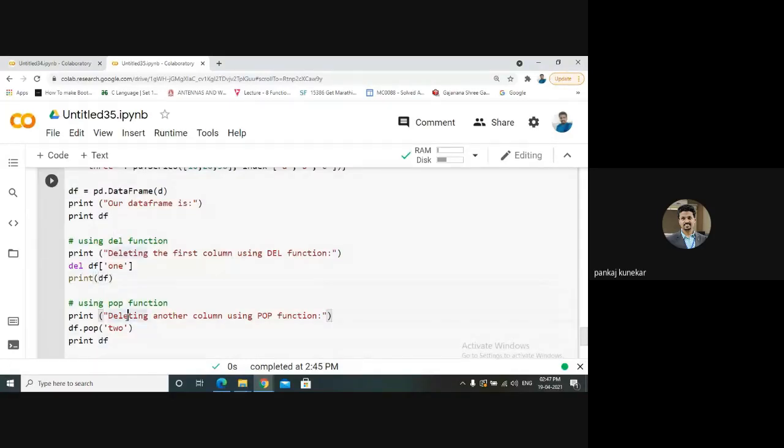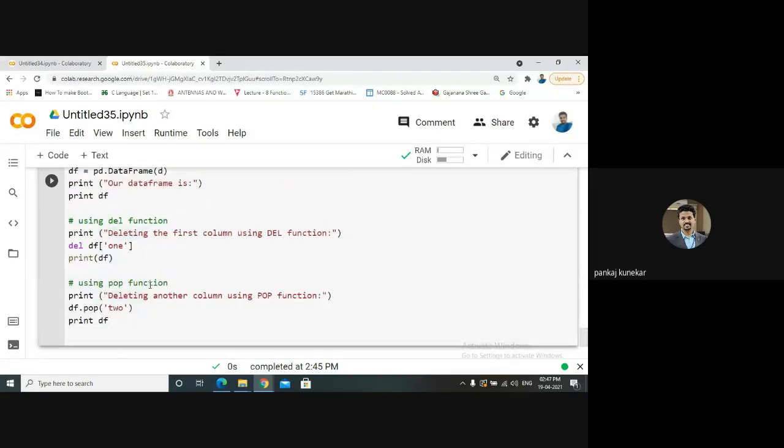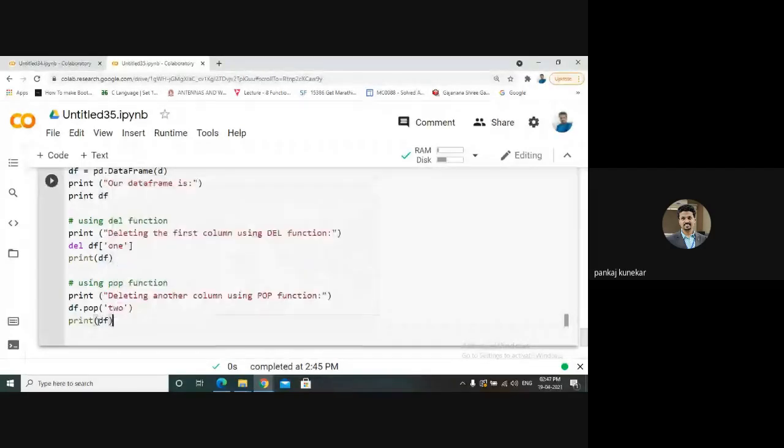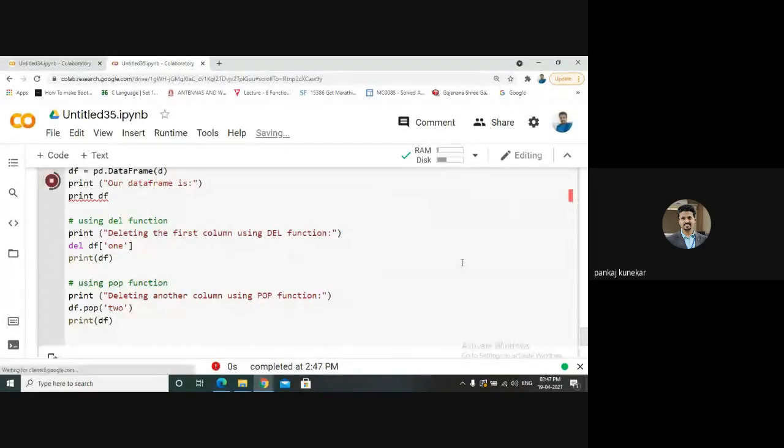We can delete using the pop function also. Suppose I want to delete another column, the second column, so we can use df.pop with 2 in brackets. The 2 column will be deleted. So we can either use pop or use del. These two functions we can use to delete a column from your data frame.